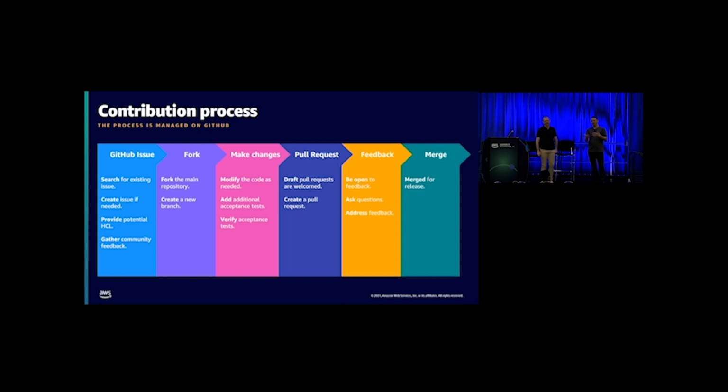And then at that point, address the feedback that comes to you. Try to be open-minded about it, especially if you're new. Don't feel threatened by people offering you advice, like, hey, you could use an enumeration instead of a static value here, or something like that. Just be open to the feedback that comes. And then we merge it. Like magic. Not exactly.